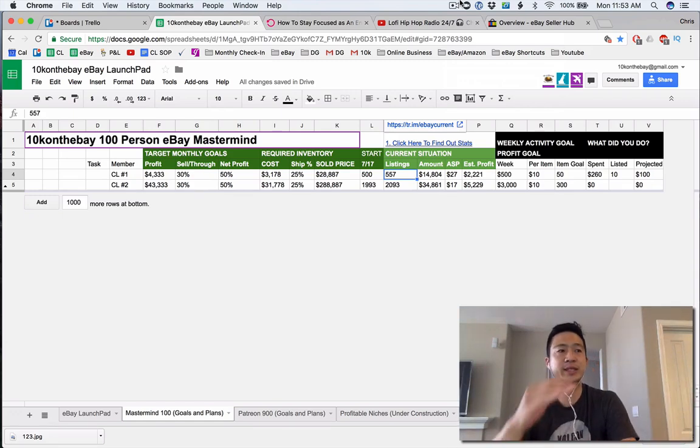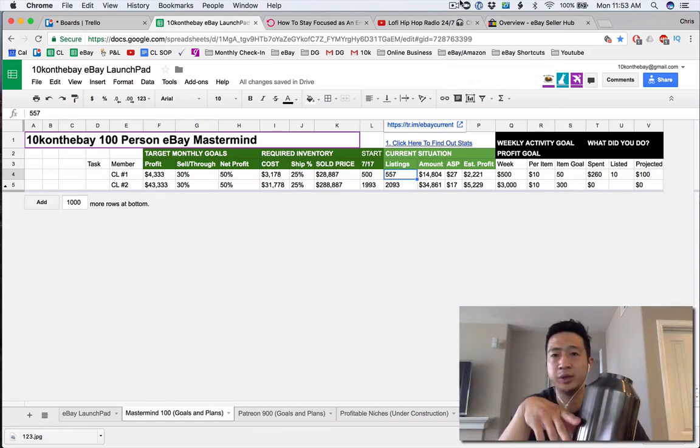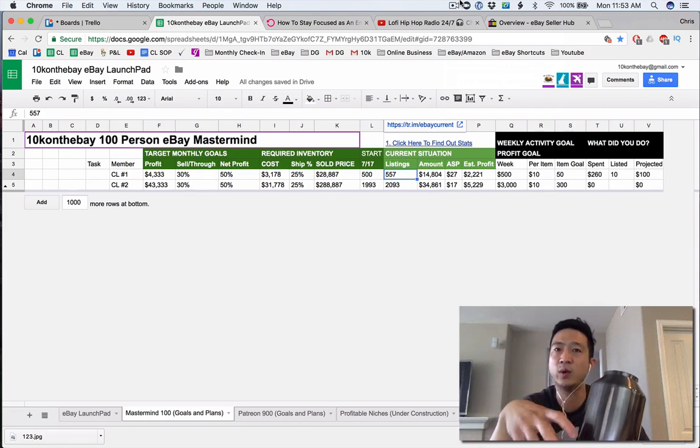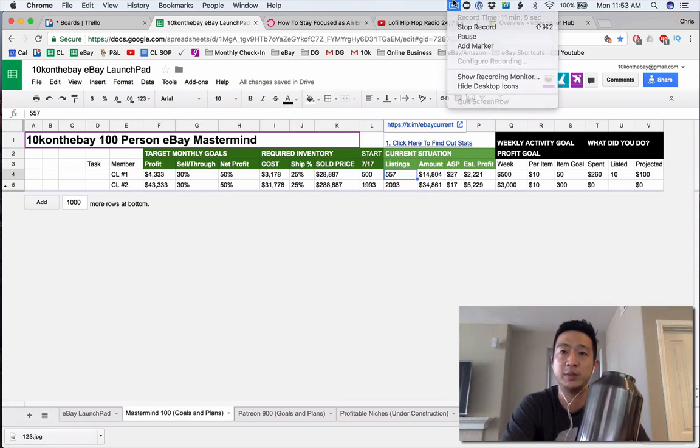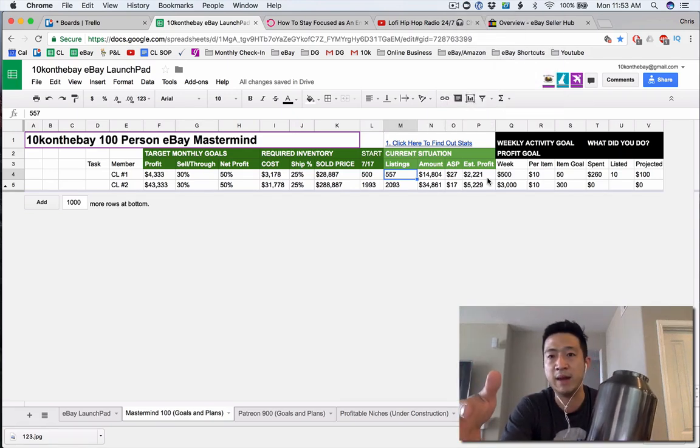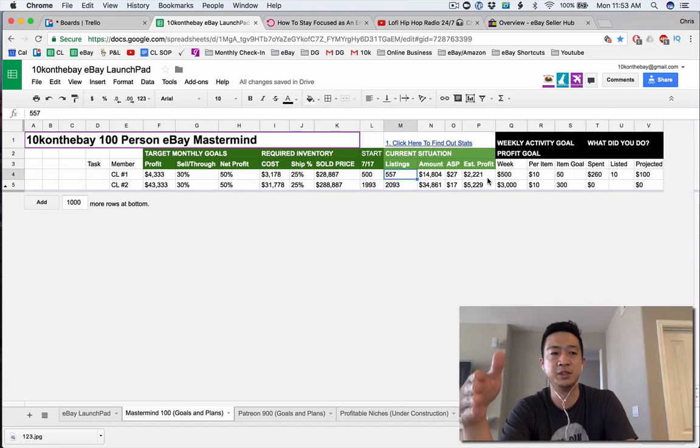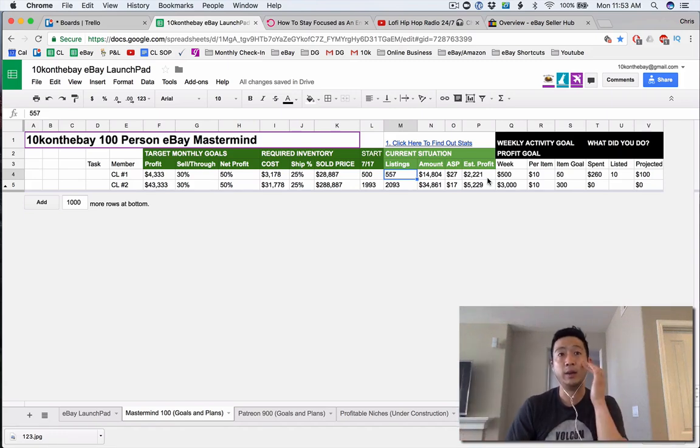If you drink soda, it's not the same thing as drinking water. So don't just put up any listing. That doesn't work. You have to put up high quality, good stuff. As you guys can see, literally the difference between my $27 average store and my $17 average store is night and day, right? One store has only 500 listings and is making half as much money as the 2,000 listing store. So guys, the